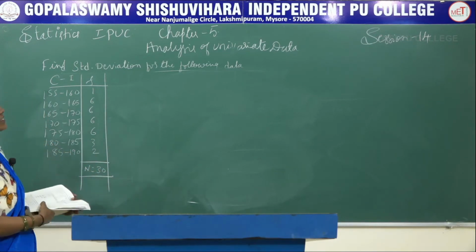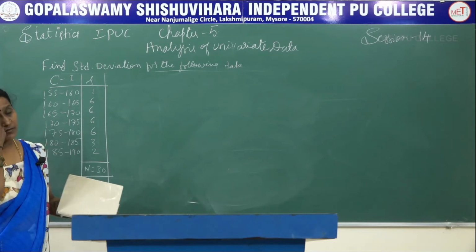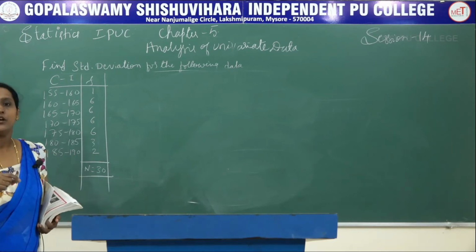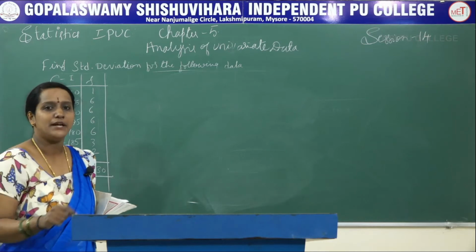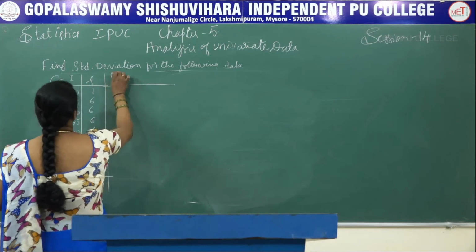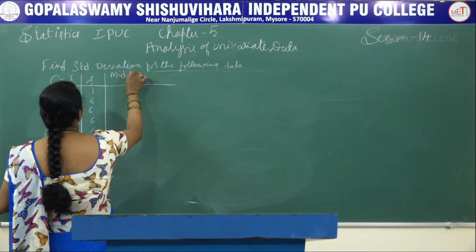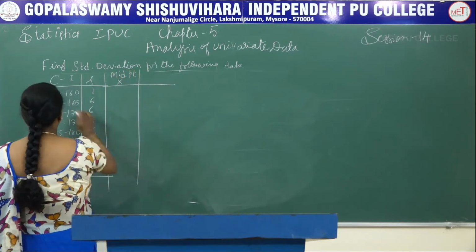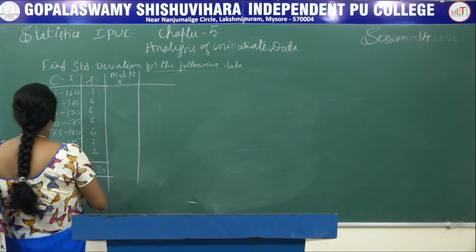Since this is a class interval, we don't have any x values, so we have to find the midpoint. Our midpoint is x. The midpoint of 155 to 160 is